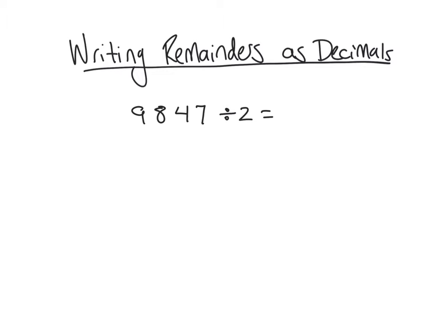Okay, now we're going to talk about what happens when we have a remainder after we divide, but we don't want to write that as a remainder. We instead want to write it as a decimal. So if we have